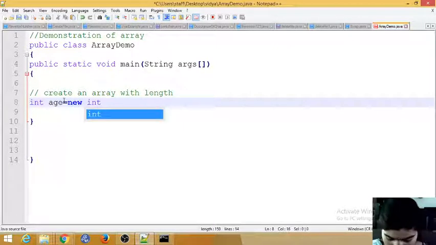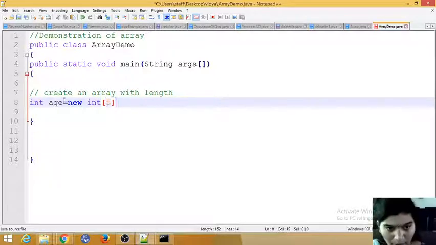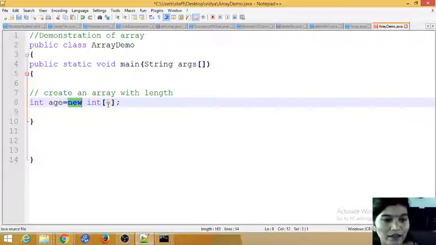You pass the length of the array, and close it. So this is how we create an array. Using the new keyword I have created an object of an array, and the length is only 5 elements. This is a variable that handles an array type, that is age.